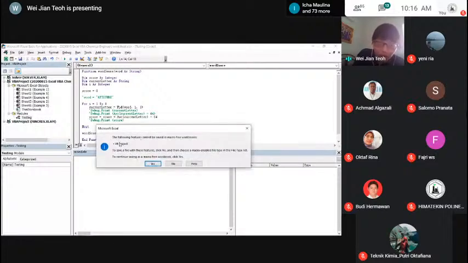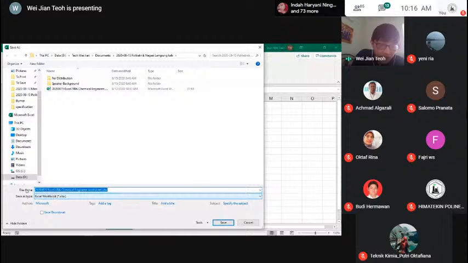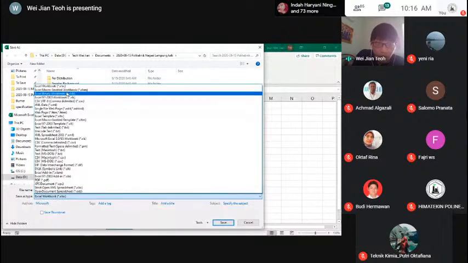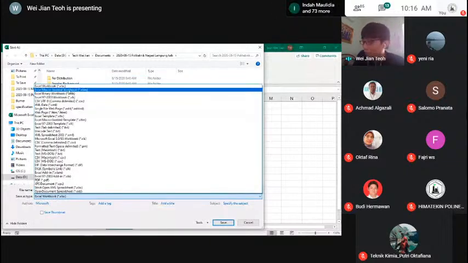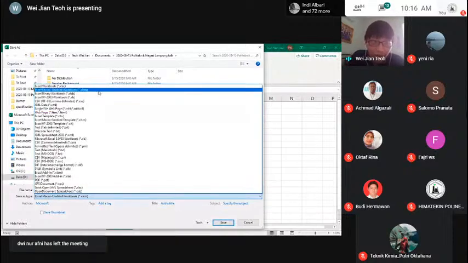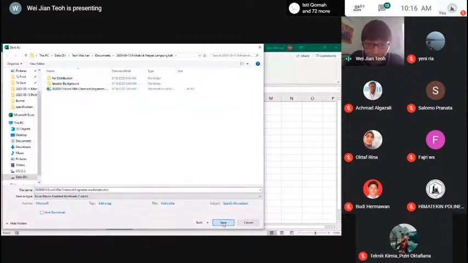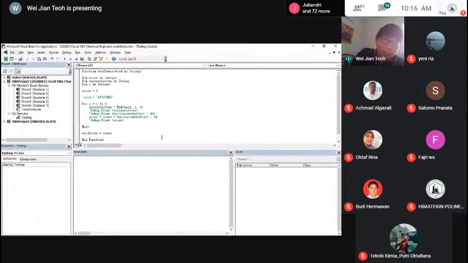When you save it, you must be careful. When you save the file, make sure that in the file type, you put Excel Macro-Enabled Workbook. Otherwise, if you don't do that, all your code will disappear, and you are going to cry for the whole day, I can tell you. So remember to set your save as type to Excel Macro-Enabled Workbook. Then you click on save, and only then will your code be saved inside the Excel. Better be careful on that.